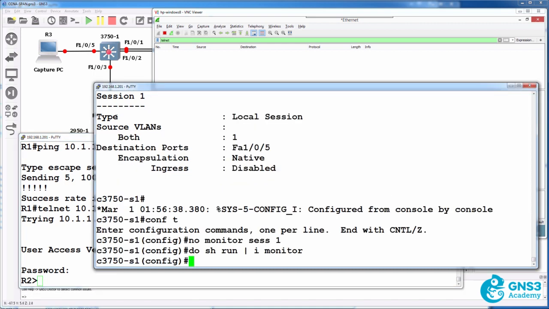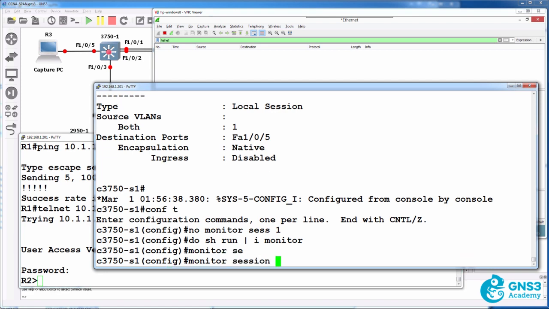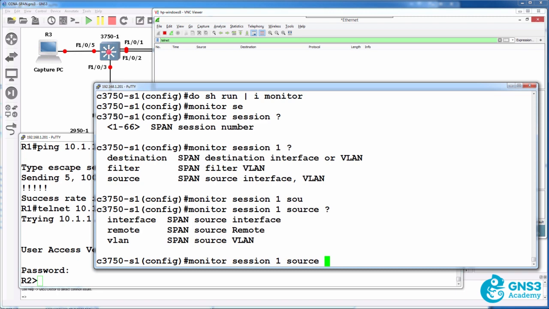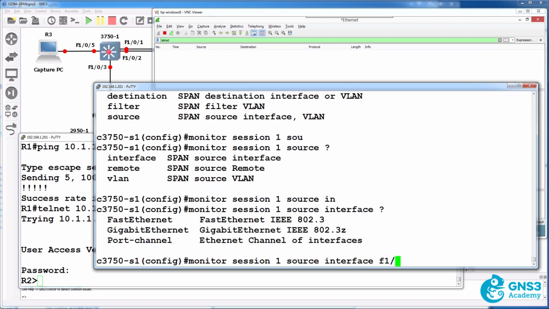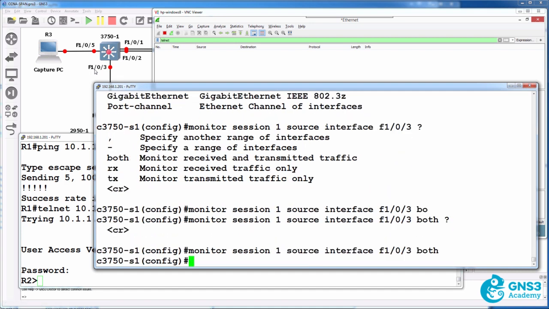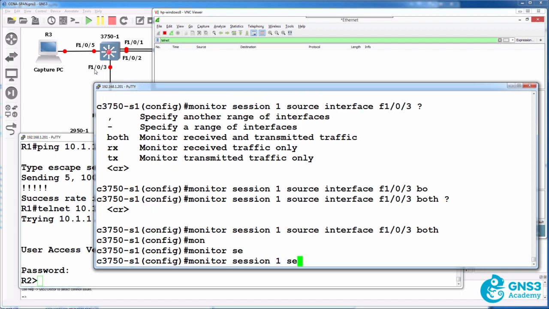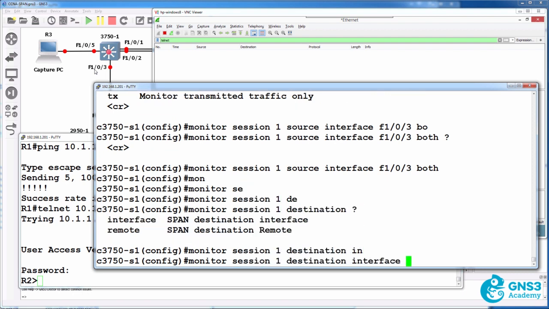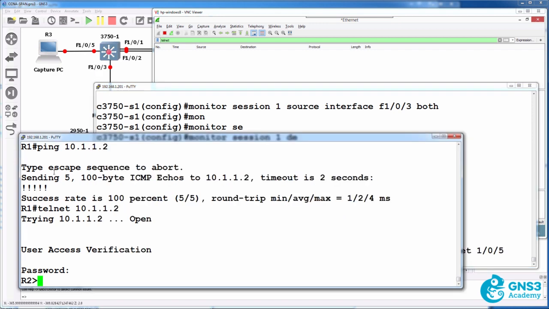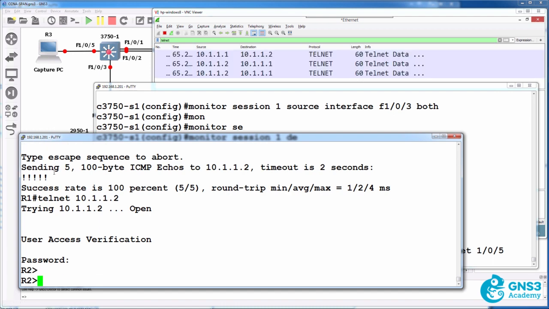But if we put the monitoring session back, so monitor session, choose a number 1, and in this case I'll monitor an interface, F103, which is this interface over here, and we'll do both, and then we'll specify a destination of Fast Ethernet 105. What we should see now is once that kicks in, as you can see over there,